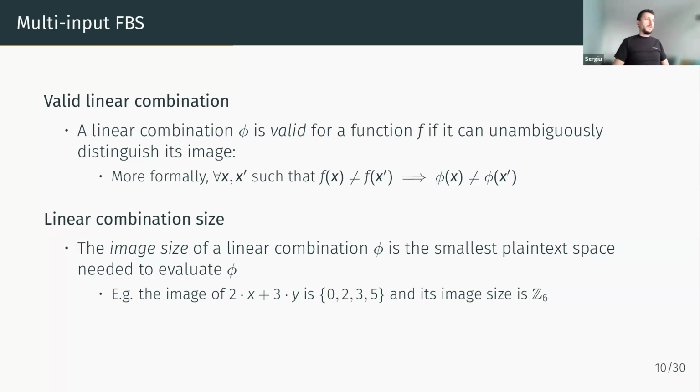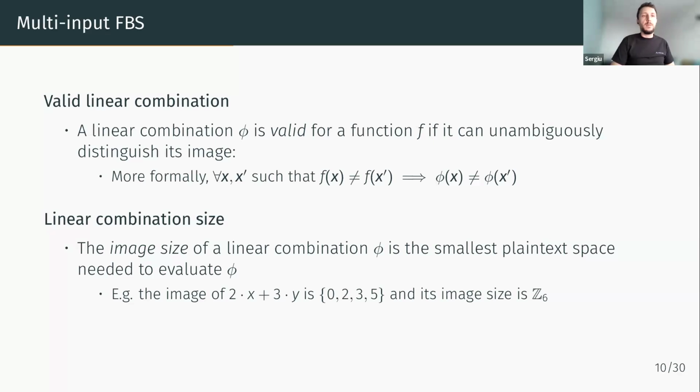Another important thing is the linear combination size. The size of a linear combination is the smallest plaintext space which is needed to evaluate this linear combination. For example, if you take the linear combination 2x plus 3y, the image of this combination will be 0, 2, 3, 5, where x and y are Booleans. If x and y are zeros, you'll have 0. If x is 1 and y is 0, you'll have 2, etc. And the image size of this linear combination will be Z6